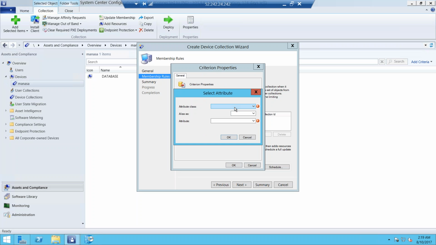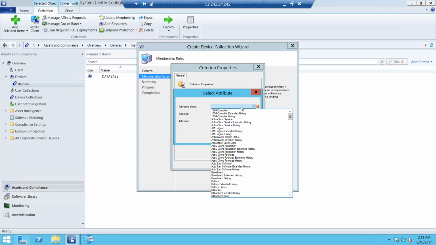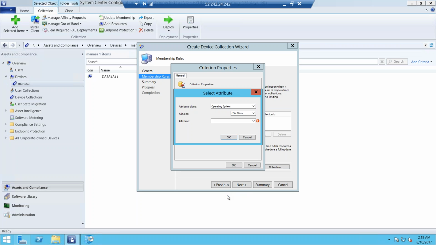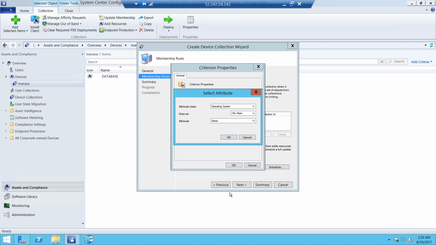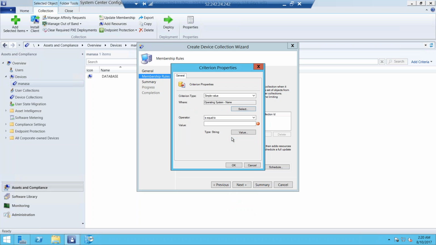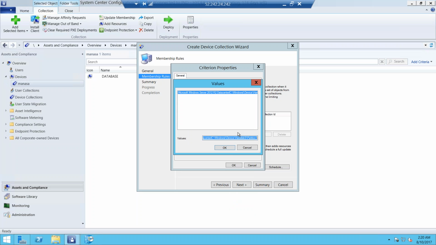Attribute, you can choose operating system. You have multiple things here like physical memory, you have RAM there, you have CPU, you can play around with it. I'll give you one example. So choose operating system, attribute equal to attribute, name, do you have name there? Yeah, and click OK. And the value, click on value,